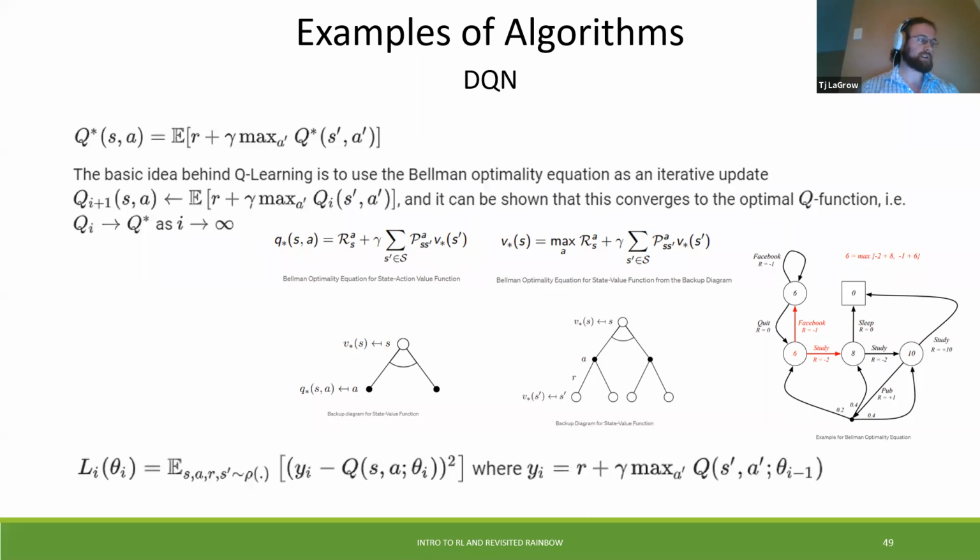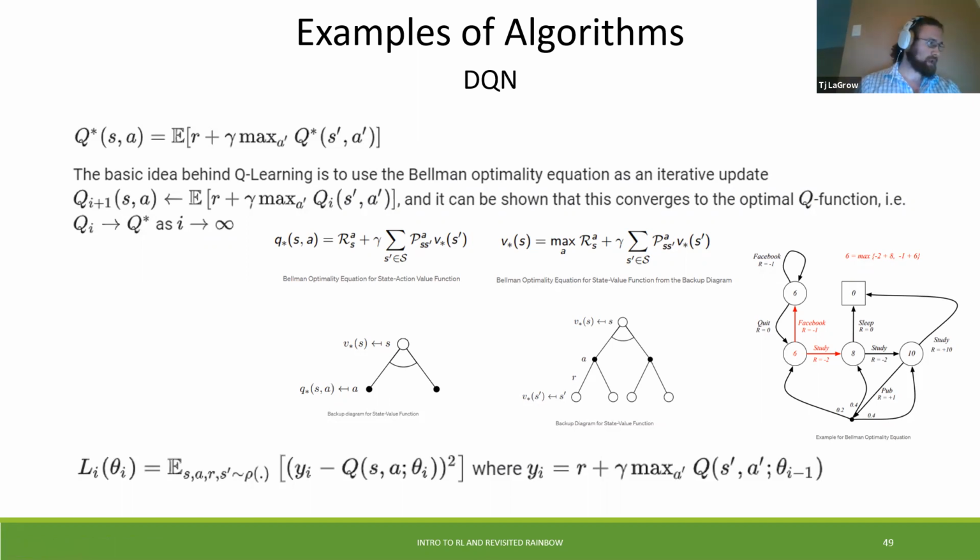The Atari DQN uses experience replay to make the network updates more stable. At each time step, the data is collected and the transitions are added to a circular buffer called the replay buffer. Then during training, instead of using just the latest transition to compute the loss and its gradient, we compute them using a mini-batch of transitions sampled from the replay buffer. This has two big advantages: better data efficiency by reusing transitions in many updates, and better stability by using uncorrelated transitions in a batch.